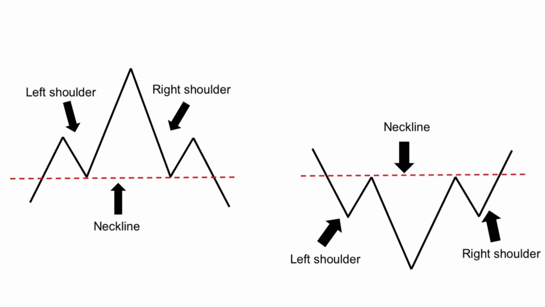Generally, a bullish head and shoulders pattern looks like the one on the right, where you have two shoulders that go down and then slightly increase, and in the middle you have a large decrease in price. While a bearish trend usually looks more like the diagram on the left, where you basically flip around the bullish head and shoulders pattern. So let's take a look at a few examples of what this pattern may look like